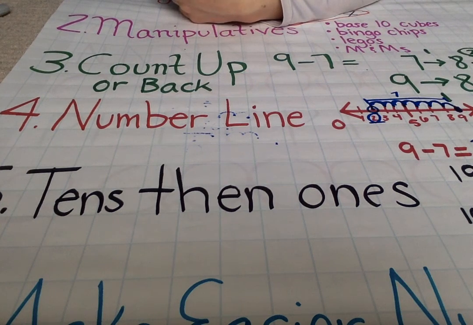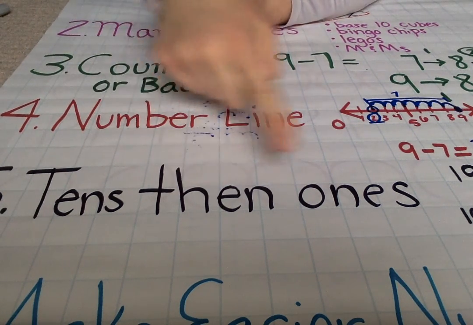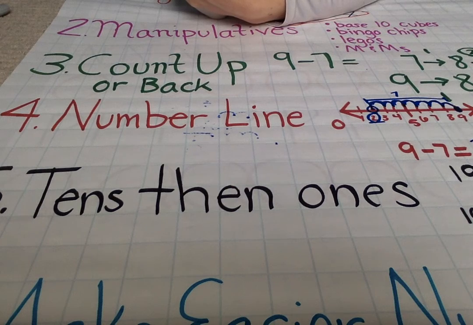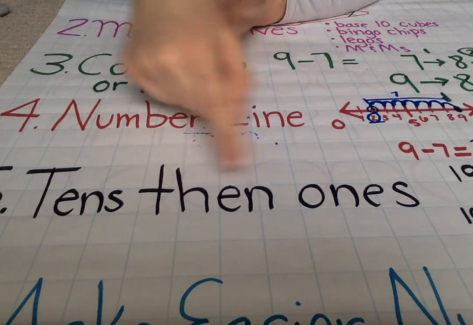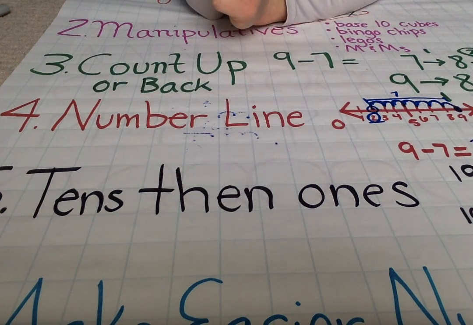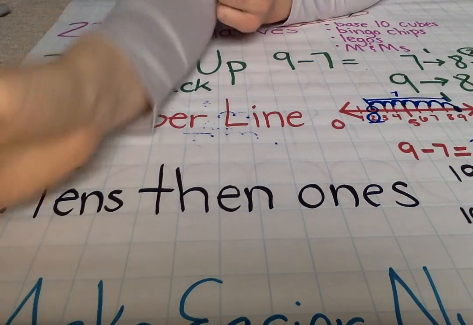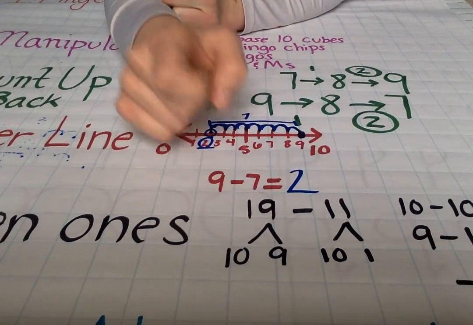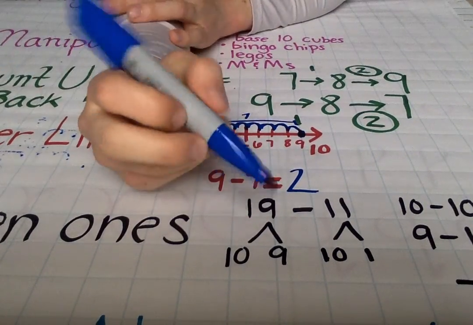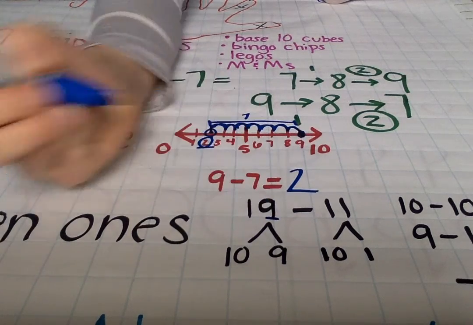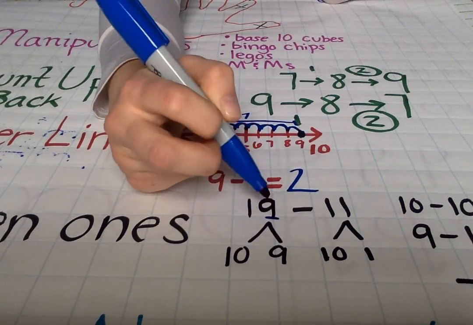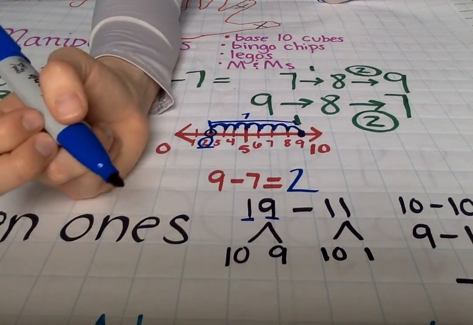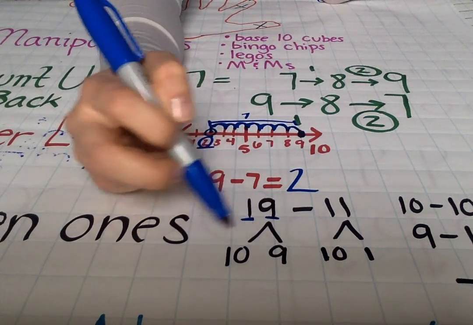Our fifth subtraction strategy is called tens, then ones. We also use this strategy in addition. And like in addition, you'll need to know what place value means in order to use this strategy. So what I mean by that is, if you see the number 19, you'll need to know that the 9 is in the ones place or represents 9 ones, and the 1 is in the tens place or represents 10